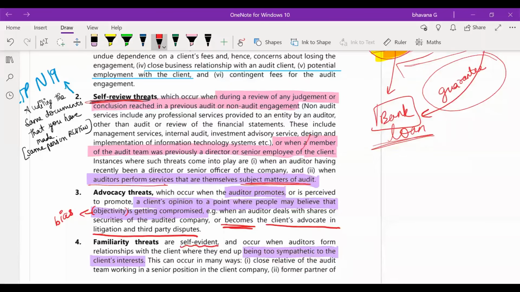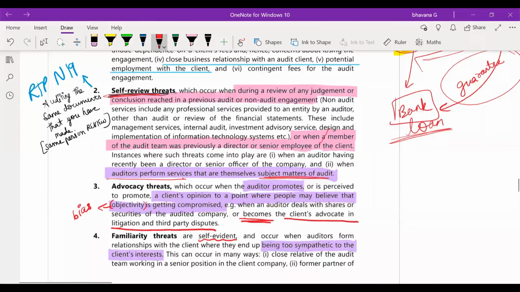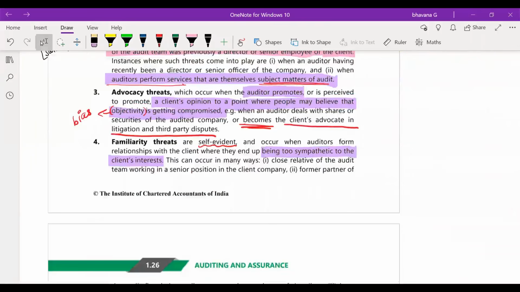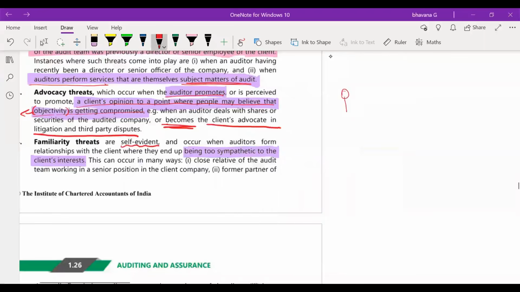Okay, this was an RTP November 19 question, guys. You have to tell about self-review threat. Next is advocacy threat. What is advocacy threat? The auditor promotes a client's opinions to a point where people may believe that objectivity is getting compromised. So advocacy threat. What happens is that there will be, this is the auditor,